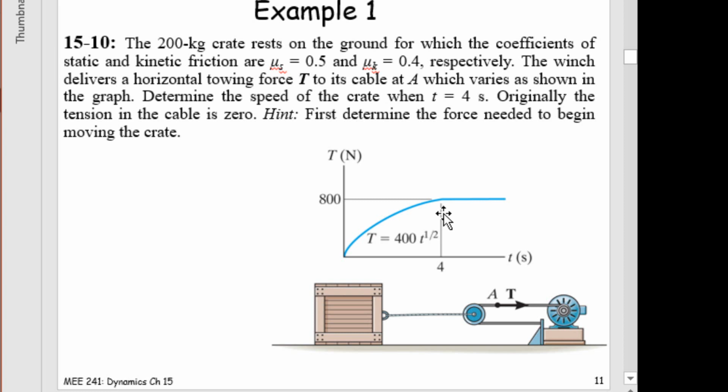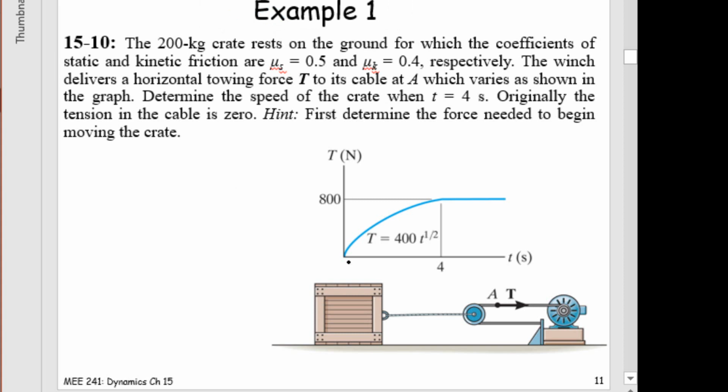So as we said, we have to start first by finding the time required to move the crate, and this can be determined by considering the equilibrium of this crate. Now, since I know what are the forces exerted on this crate, and especially the towing force T that is a function of time, I can find this time required to move the crate. So let's start. I'm going to first, in fact,